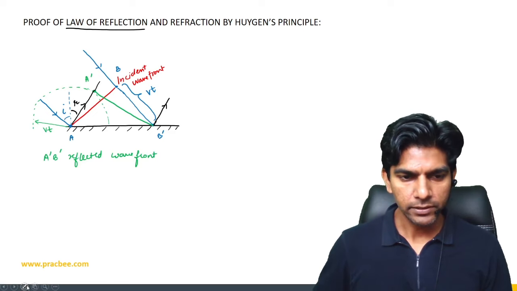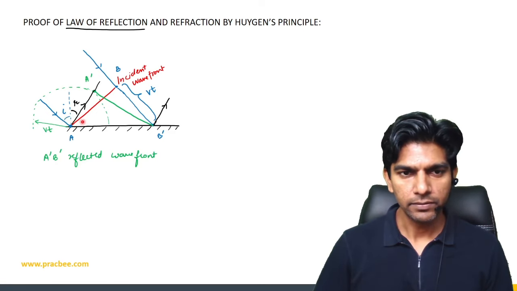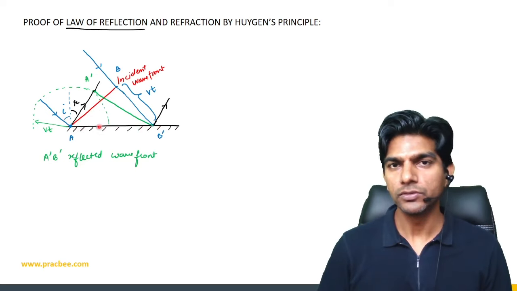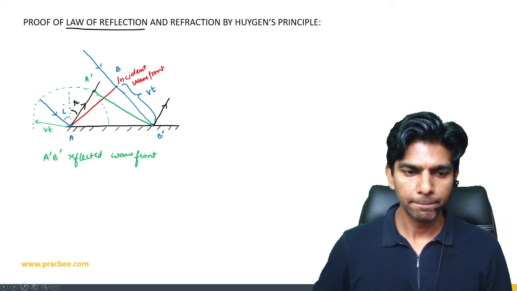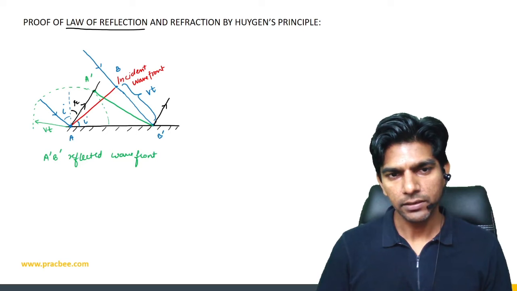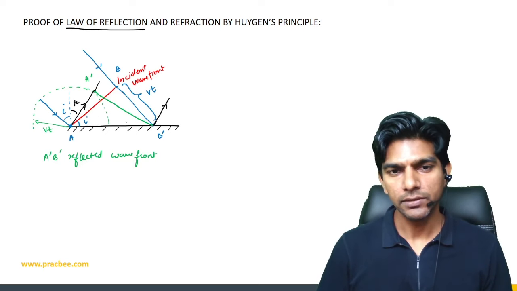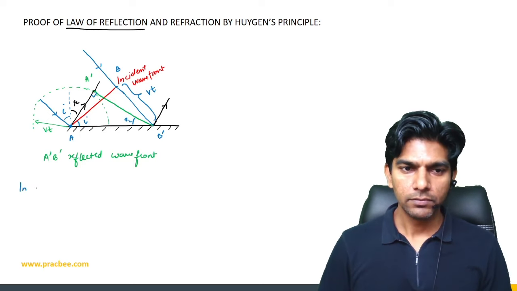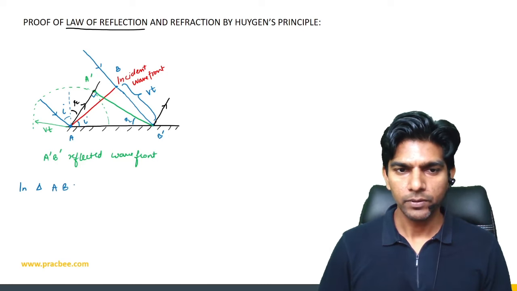So if this angle is I, then we can say the incident wavefront will make the same angle with the horizontal. So this angle will be I. Let me show you. So this angle is I. Similarly, if this angle is R, this angle will be 90 minus R, and this is right angle, right? Right angle triangle. So this will become R. Now, in triangle A, B, B prime,